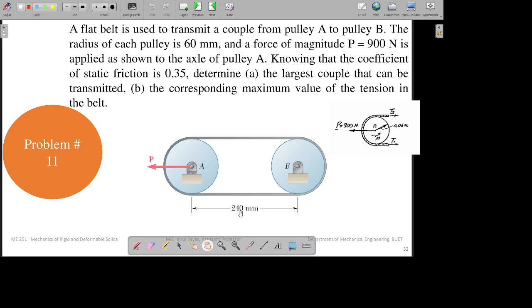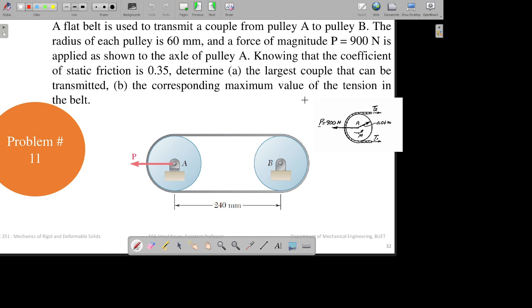So I have drawn the free body diagram over here, FBD. You can see the free body diagram looks like this. From this free body diagram, you can simply say T1 plus T2 will be 900. This is your equation 1. Now the other equation can be found by this formula. T2 divided by T1 will be e to the power, static friction is 0.35, so 0.35